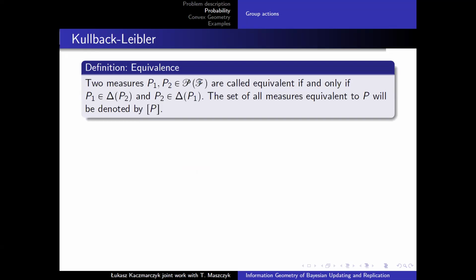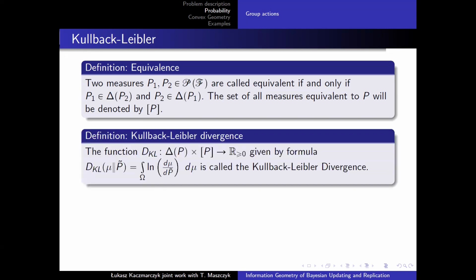And to do that, we will incorporate something that is well known in the realm of statistics, which is the Kullback-Leibler divergence. It is used in many contexts, but what is important for now is that it is a function given by such a formula, and it can be defined for all measures where the first argument is absolutely continuous with respect to the second one, and to make everything